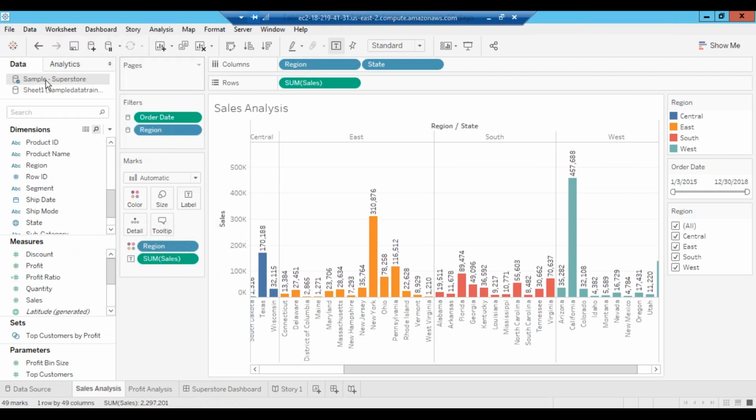What does the green symbol indicate? Green symbol is nothing but this is going to tell you that this is your primary data source. Green means primary, the first data source which you created. Okay. Now this is all the columns what you see: dimension, measure, sets, and parameters. Now come to pages. So here you add pages, so you can create more pages or hide card. Okay, so pages can be created from here.